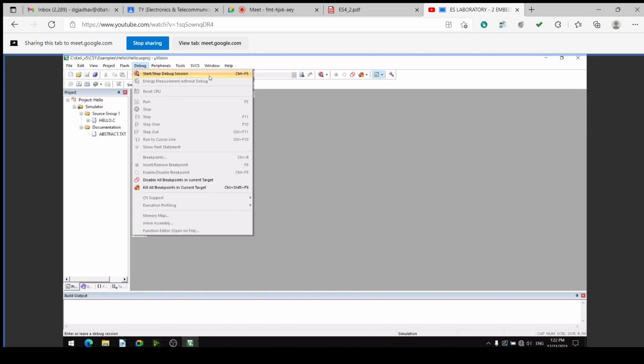But before that, if you want to check its working, its outputs, if you want to understand how it works, if you want to observe the outputs without using the hardware, then we have to go for the simulation. So simulation is a very important facility. Without connecting hardware or without using hardware, we can execute the program and check what the outputs are. So all the program functioning can be checked, verified, tested, understood, studied. Okay, all the outputs are seen, checked.